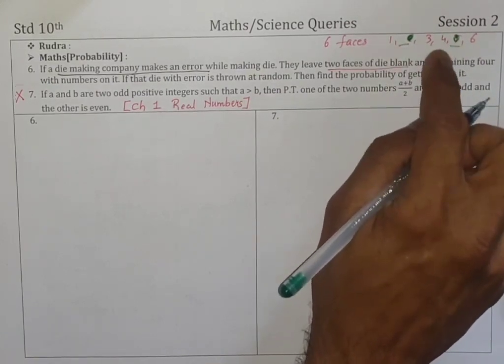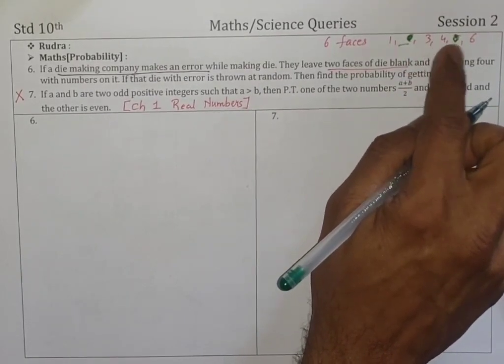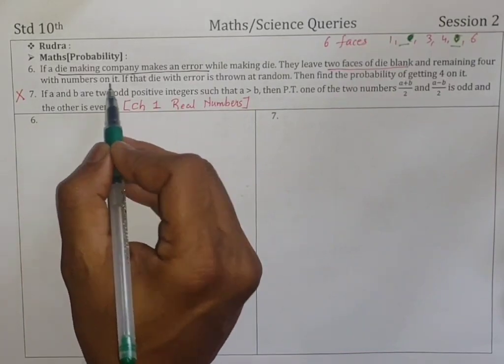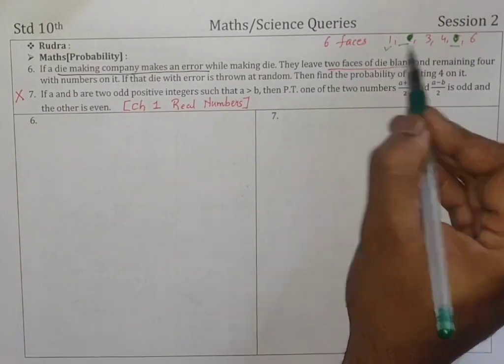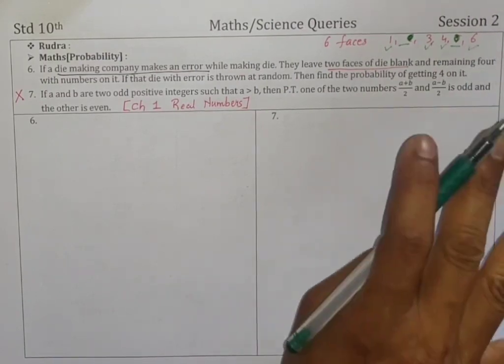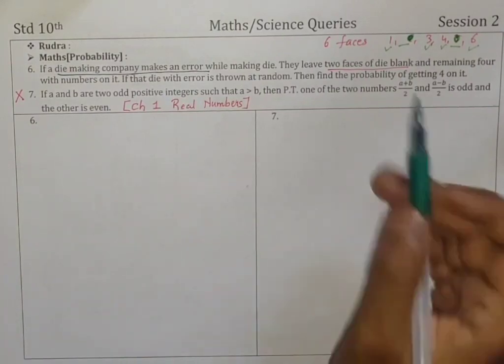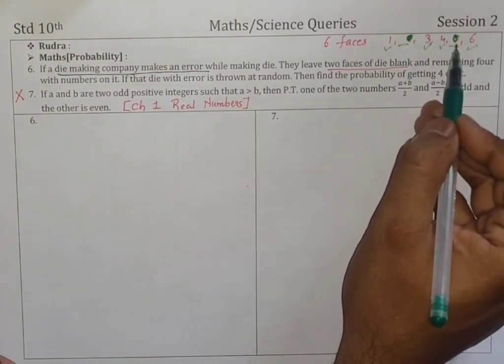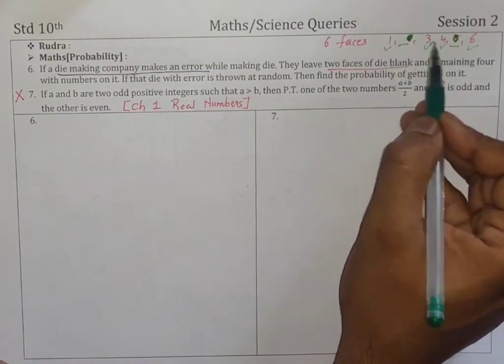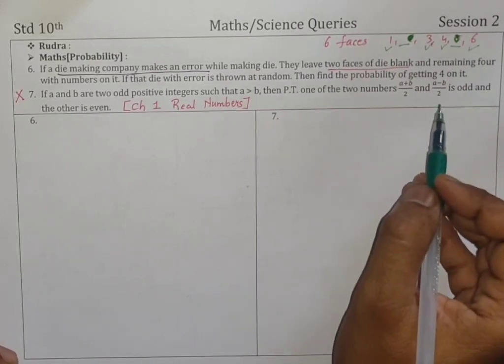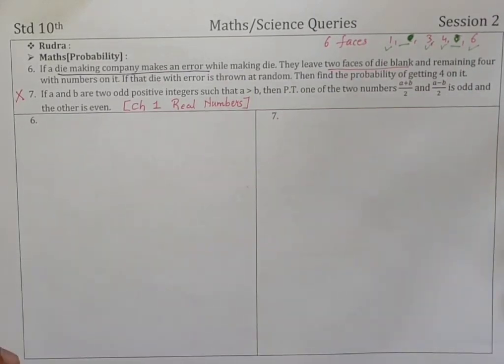लेकिन ऐसा ही होगा, ऐसा जरूरी नहीं है, हमें ऑल पॉसिबिलिटीज के बारे में सोचना पड़ेगा. द रिमेनिंग 4 विथ नंबर्स ऑन इट. यस, आप देख सकते हैं 1 2 3 और 4 रिमेनिंग 4 फेसेस के ऊपर नंबर्स हैं, लेकिन कौन से नंबर, वो यहां बताया नहीं है. मैंने तो यहां एक एग्जांपल दिया कि ऐसा डाई हो सकता है विथ 4 नंबर्स ऑन 4 फेसेस एंड 2 फेसेस ब्लैंक, बिकॉज विच नंबर्स आर देयर ऑन द डाइस आर नॉट मेंशन्ड, या विच नंबर्स आर मिसिंग दैट इज नॉट मेंशन्ड. ओके,